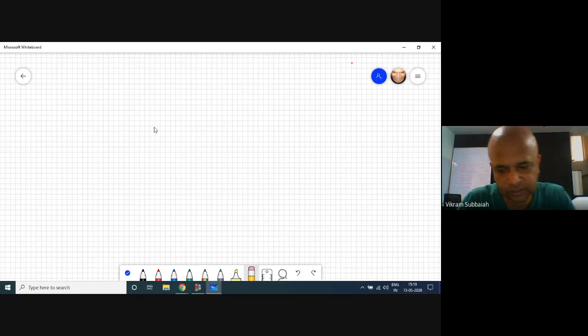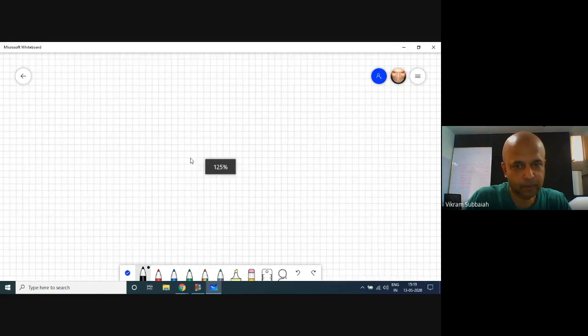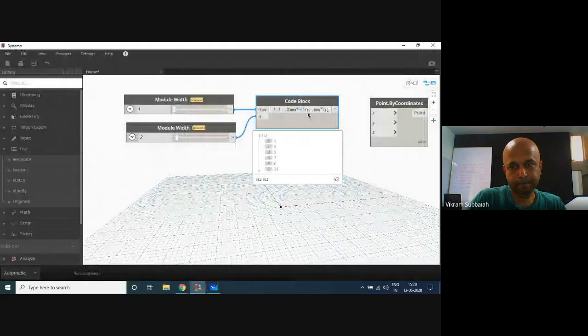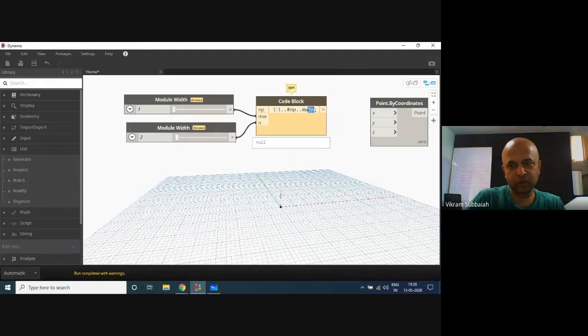See, what I'm trying to figure out now is, like what we did the other day, I want to create a kind of formula that says if we have 2 modules, I need 1, 2, 3, 4, 5 points. Now, how do I do that? This one specifies the number of points, and this is the number of modules.